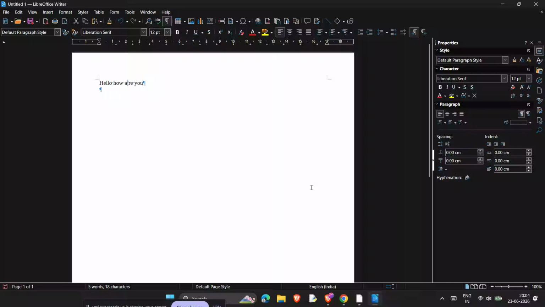In today's video, I'm going to show you how to hide formatting marks in LibreOffice Writer in just a few quick steps. If you've ever opened a document and seen those little dots, arrows, paragraph symbols, and other hidden characters, this tutorial will help you turn them off so your page looks clean and easier to read. This is especially useful when you want to focus on the actual content or when you're preparing a document to